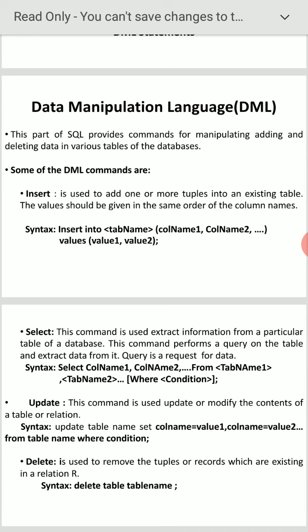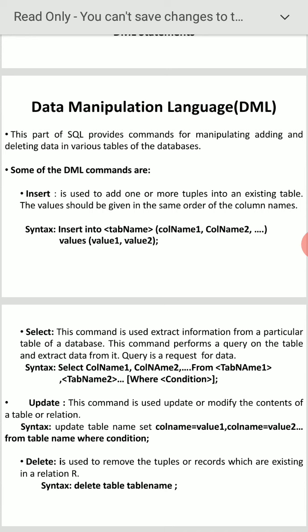I want to extract information about the employees whose salary is less than or equal to 10,000. Now you should get output only 5,000 as well as 10,000. How can we write it here? Select salary from employee where salary less than or equal to 10,000. Now it will extract only 5,000 as well as 10,000.